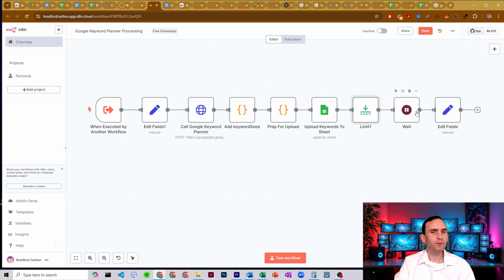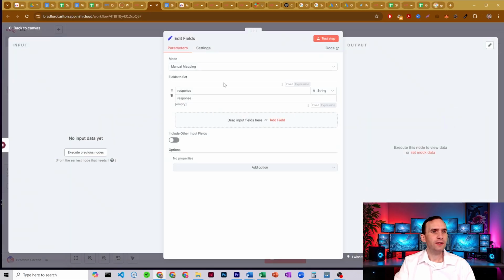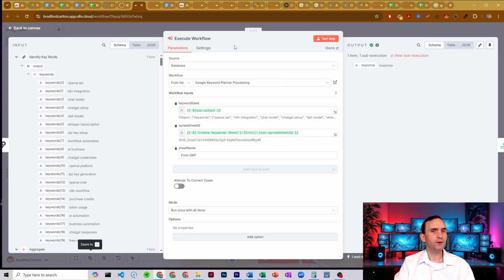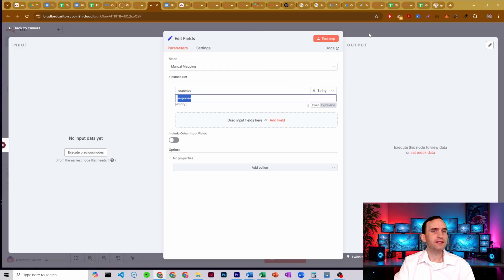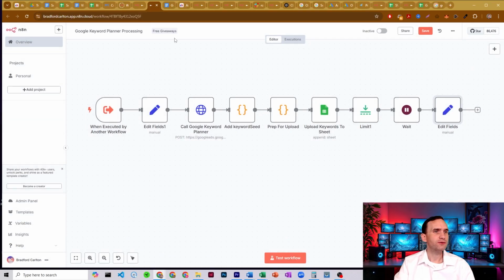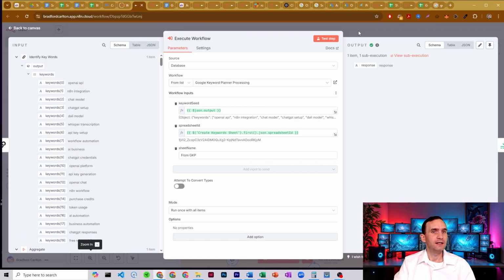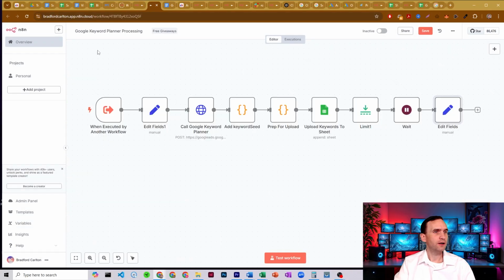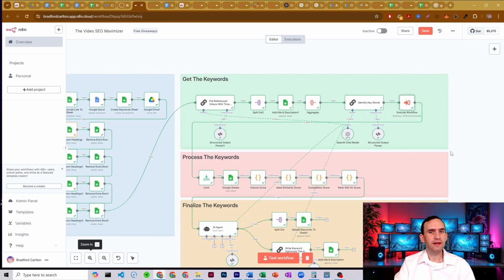Again, this one probably won't be there when you see it, but then we end with a response, a set field node in order to label this response, because this execute workflow node is waiting for a response. And so we just label that response. It doesn't matter what it says because it's going to be processed through regardless. So after the execute workflow node runs using our Google Keyword Planner processing agent here, it then moves forward through